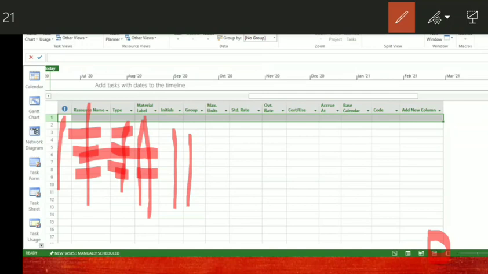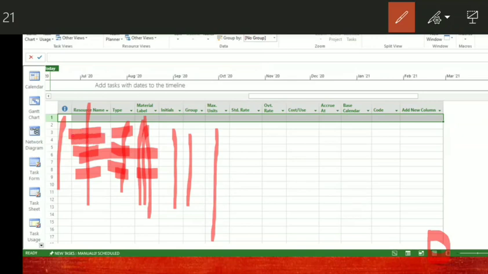Now comes one of the very important aspects of the resource sheet, that is the maximum units. Just as for the resource name, if we consider material, we have to specify the material type, whereas work covers people and equipment.